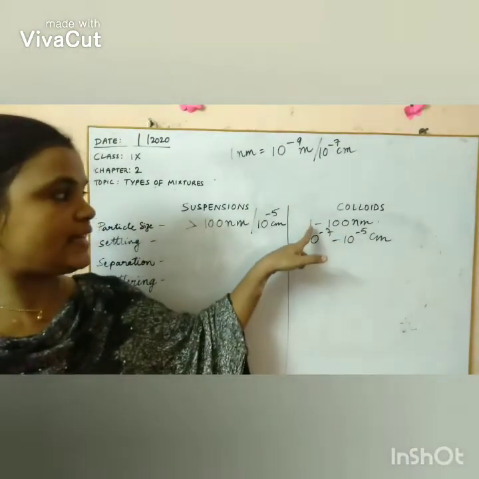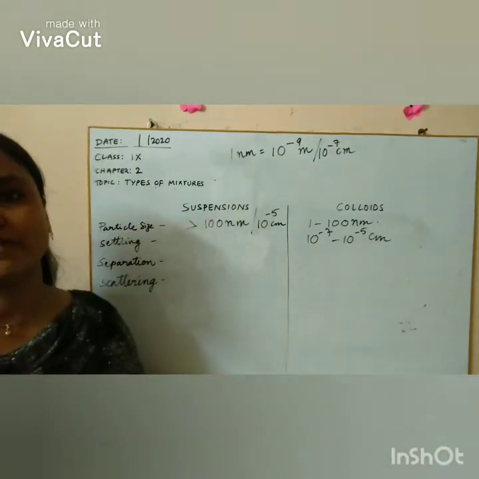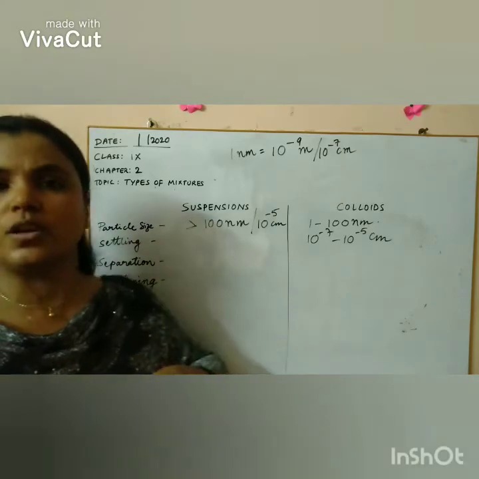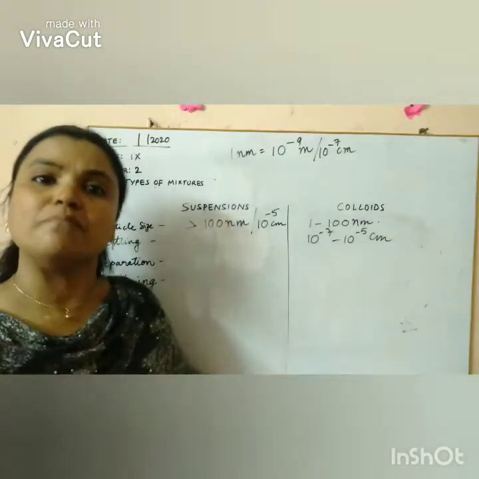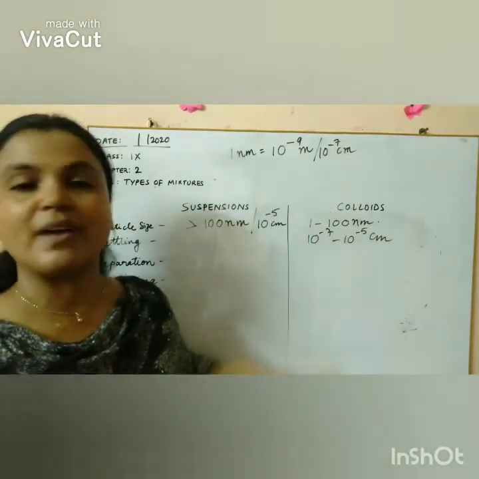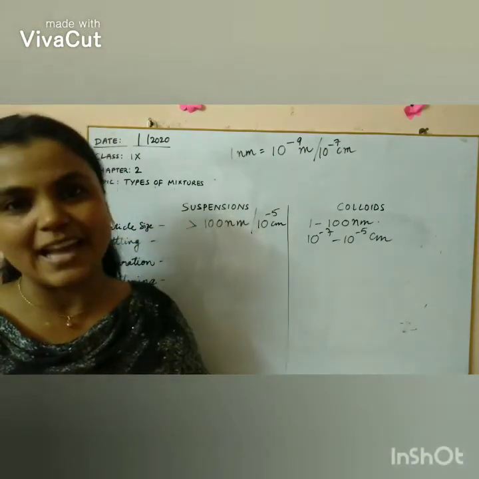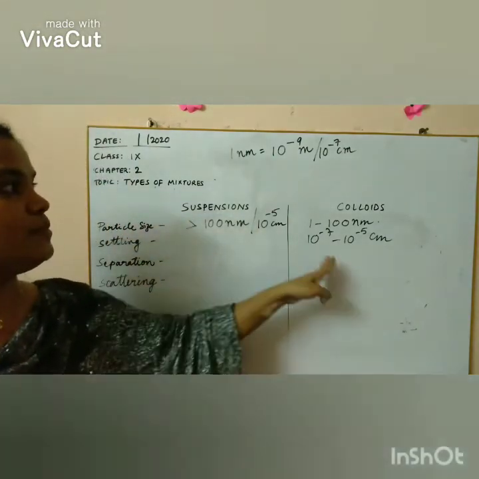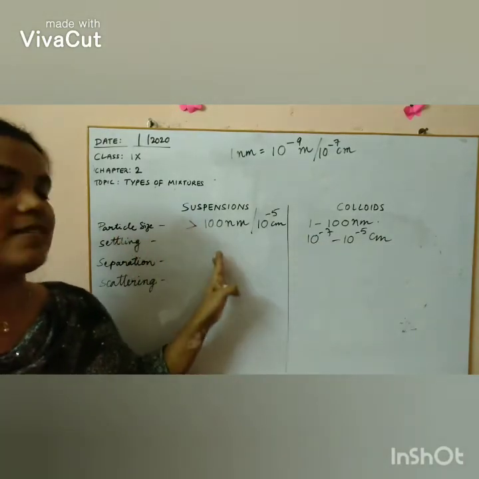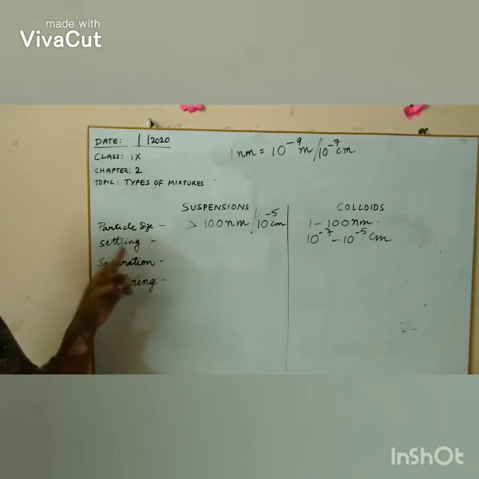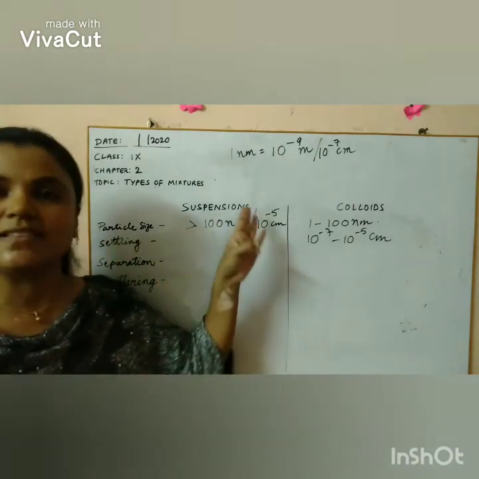But it can be close to the homogeneous mixtures too, right? In case of a true solution, the particle size is much less than 10 to the power of minus 7 centimeters, or much less than 1 nanometer. That's the difference between the true solution, suspension and colloids. Coming to the settling, as the particle size is greater, what